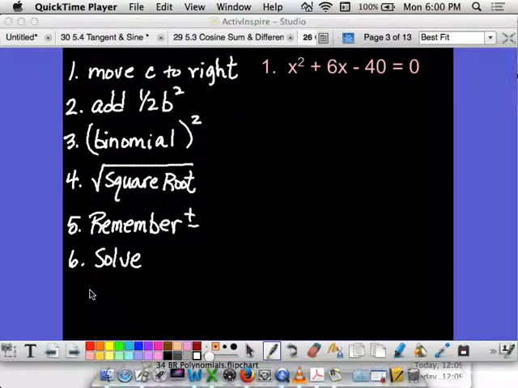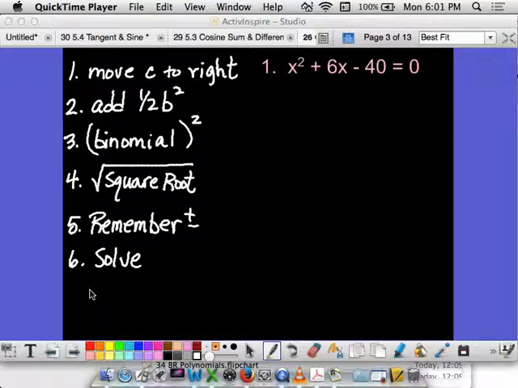Okay, now we begin solving equations by completing the square. These are some very crude steps that I've written down that you can write down or note. In your packet, there are detailed steps of how to complete the square. But right here, there are very simple, basic bullet statements of how to complete the square. We're going to go through each problem step by step, the same steps, and I would advise you to write